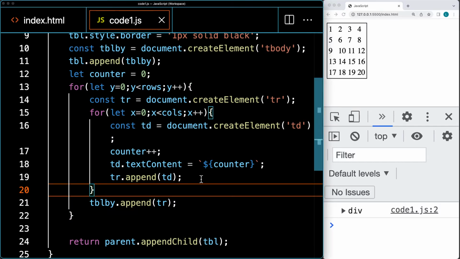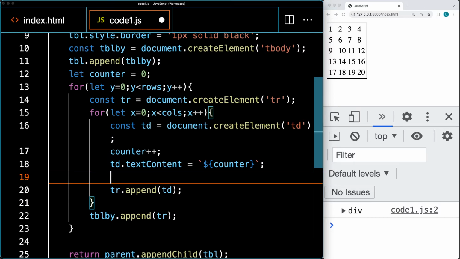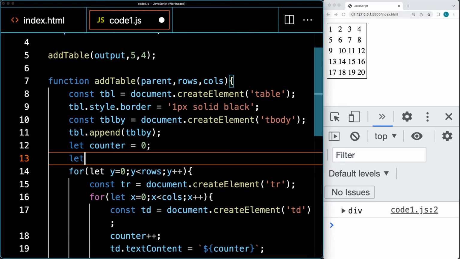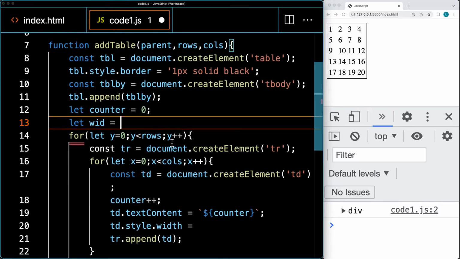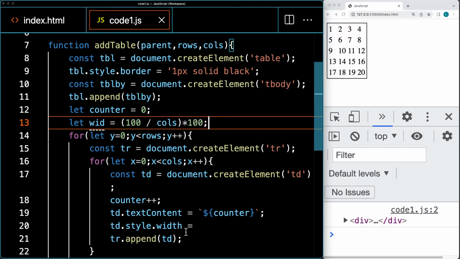We can also apply some styling properties. So for the table, apply the style, and let's set a width. Because we do have 4 columns across, we'll make the width dynamic, where I'll set a width dynamically using the number of columns. So we'll take a value of 100 divided by the number of columns. So that will give us a percentage, and wrap that within brackets, and then we'll multiply it by 100. So set the width,